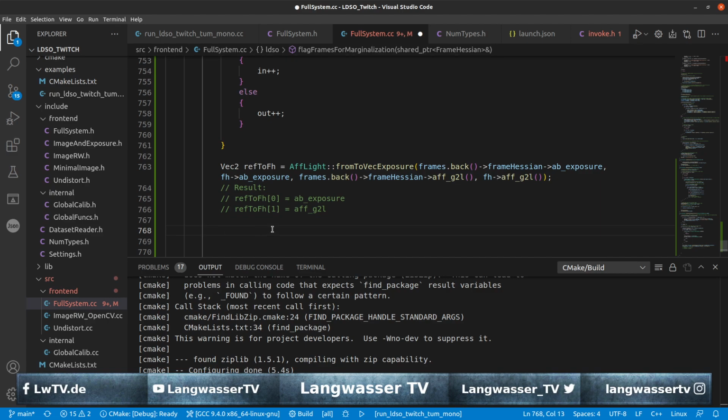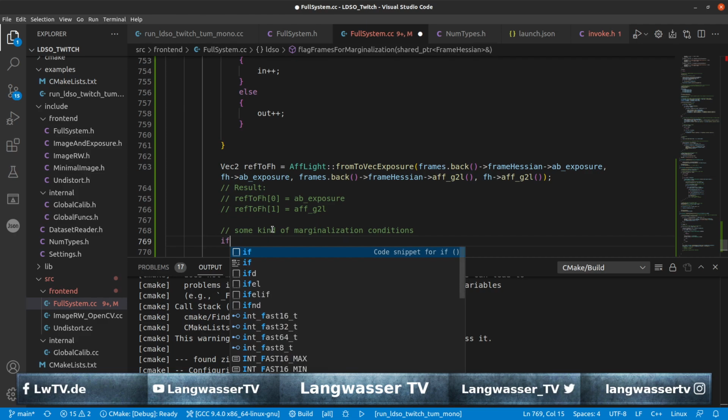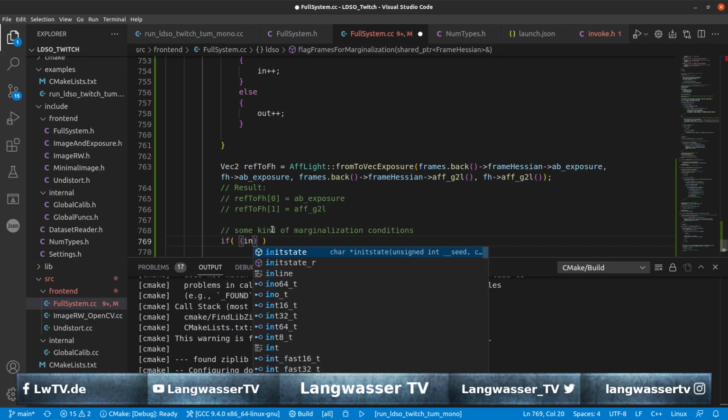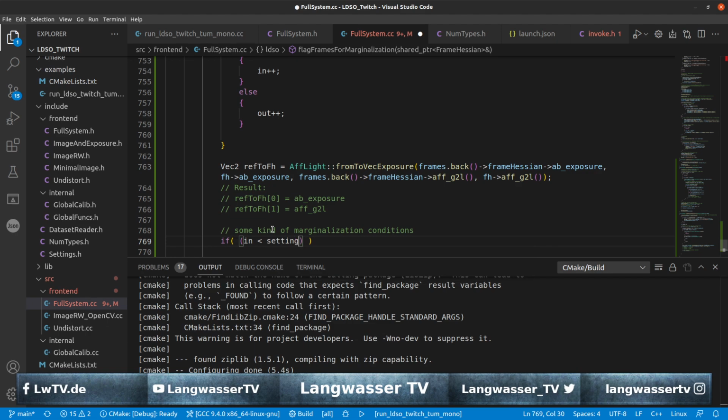Okay, next we have some kind of marginalization conditions. If now we check our in and out variables. So if in is less than setting min points remaining times in plus out, or